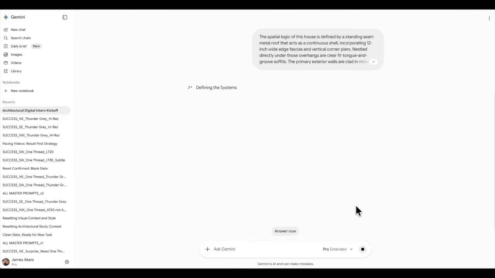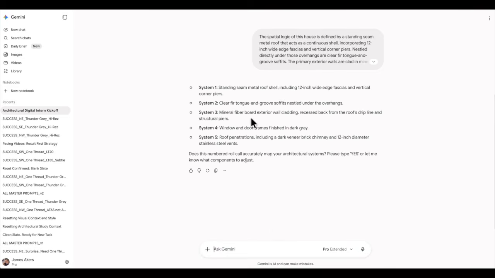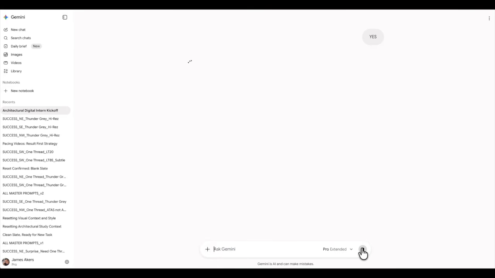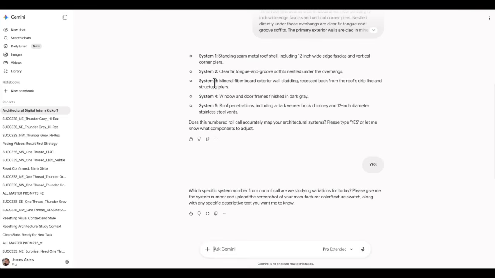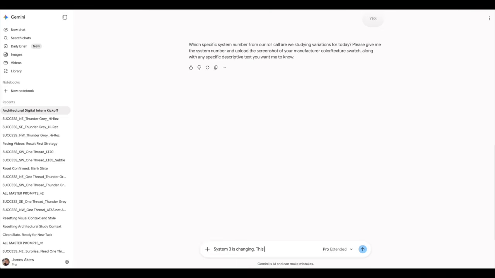And now it will process that. System 3 wall panels, and this is what we'll be changing this time. It seems to have this all correct, so I'm going to say yes. And now it's going to gather its thoughts and ask me which specific system. And as you recall, it's going to be system 3 here. This will become Equitone panel in Finish Linea